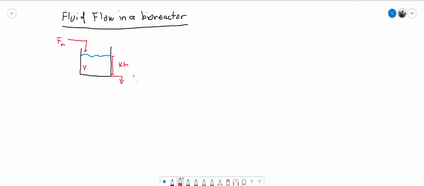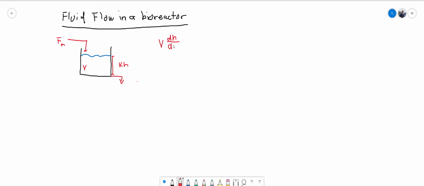So it's a pretty standard biofluid or fluid mechanics problem. We can model this system simply by having an equation: volume times the change in height with respect to time